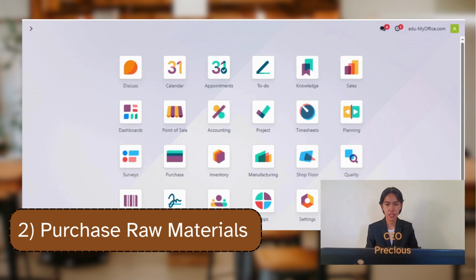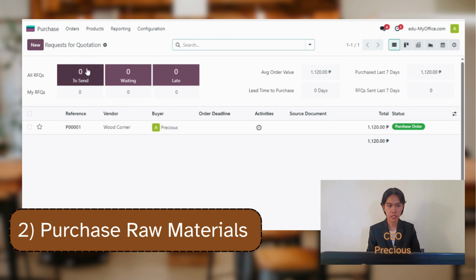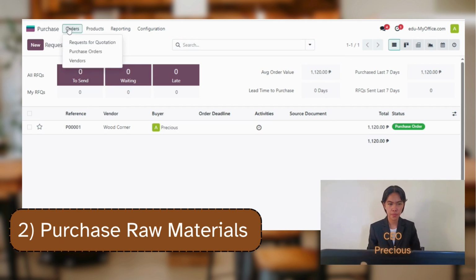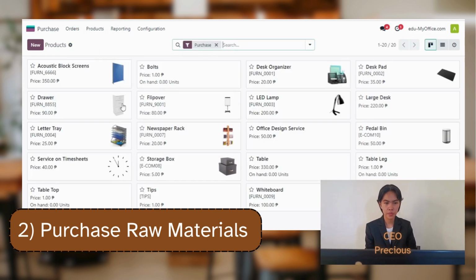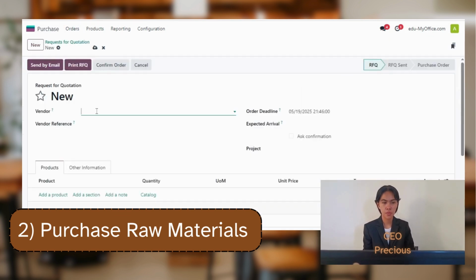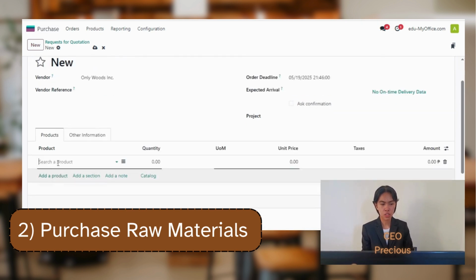So to purchase the materials, let's go back to the purchase. Click purchase, and then let us request for quotations. Since we already have the tabletop, I'll go back to the request for quotation. Click new, and then the vendor would be the Omnibus Inc. Corporation. Then proceed to add their product, which includes the